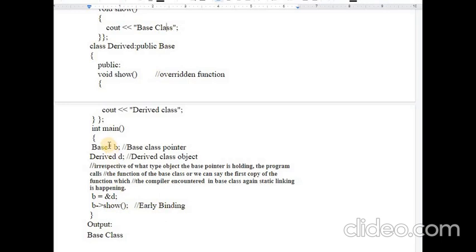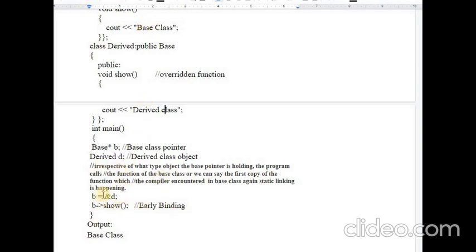Try to understand this from the pointer's point of view: we have created a pointer of the base class, and I am passing the address of the derived object. In this statement we expect that because it has the address of the derived object, it should display the derived class statement, but it is showing the base class statement.